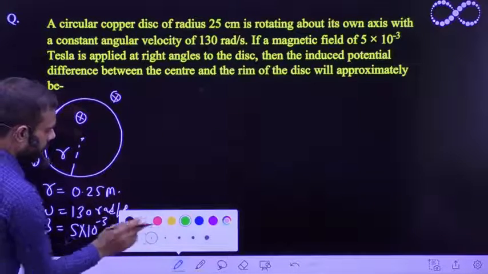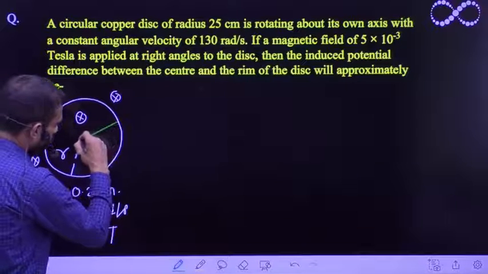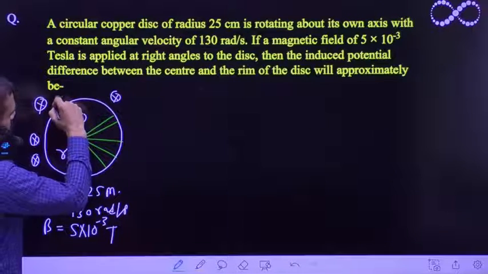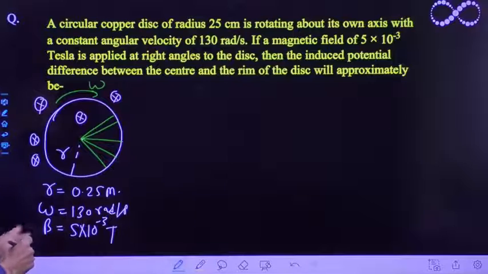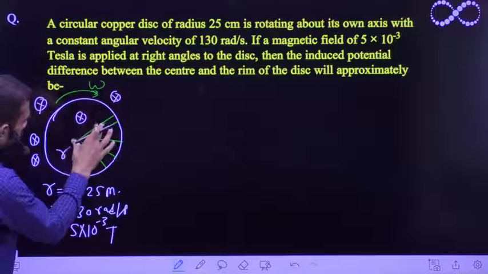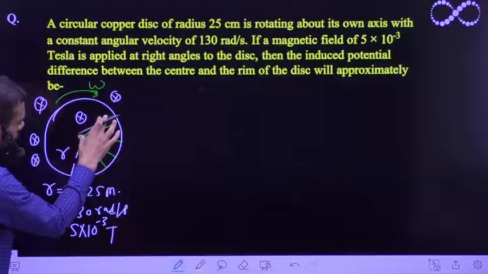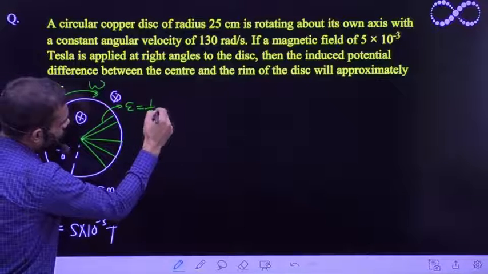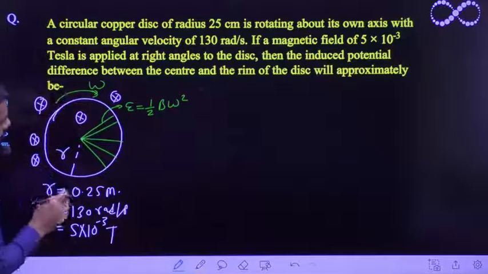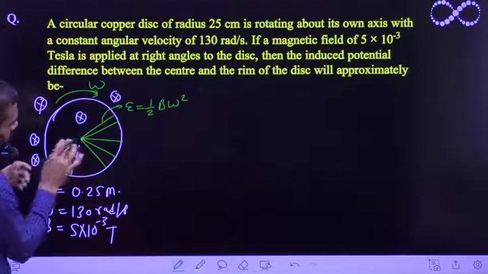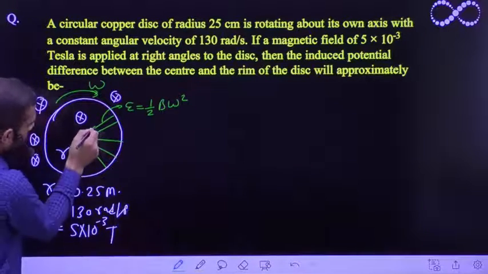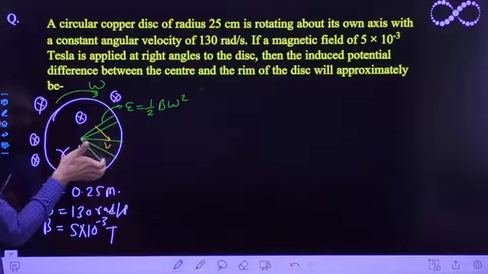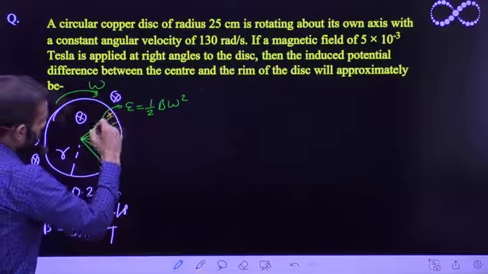So you can assume the disk to be made up of infinite rods like this, and these infinite rods are rotating. Let us assume it is rotating in this way, with omega given. As you all know, whenever a rod is rotated in a uniform magnetic field with omega, each rod will have the EMF of 1 by 2 B omega L square. Since it is rotating in this direction, V will be in this direction and B is in the downward direction. If you do V cross B, you will get this direction, so this will be plus and this will be minus.